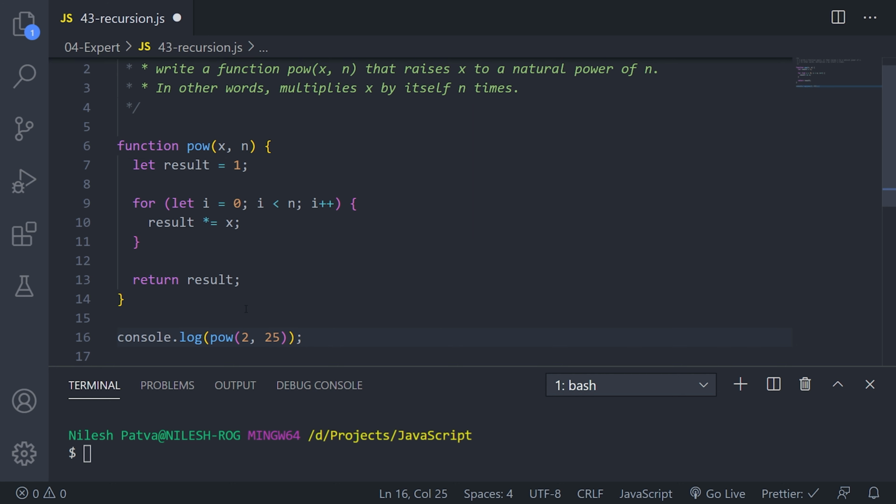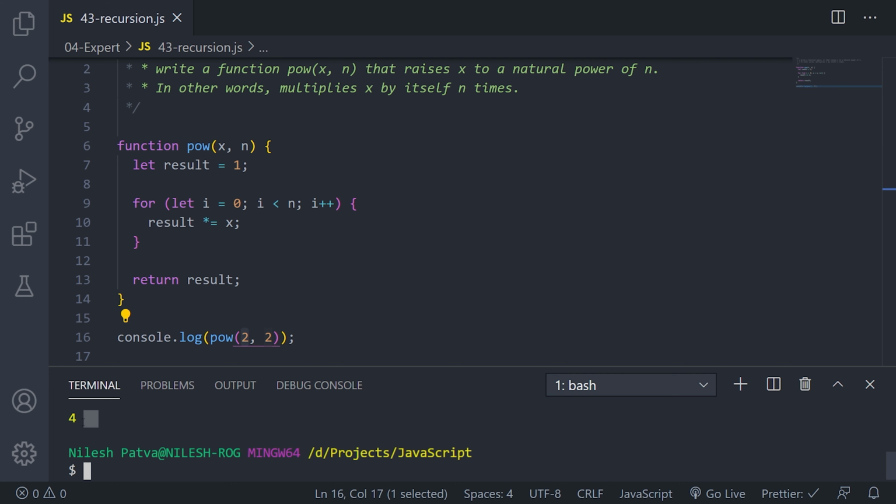If I run this, let's say I'll initially start with 2. So I am calling this power function with 2 to the power 2. If I run this, as we know, 2 to the power 2 means 2 squared, that's the value of 4. If I write 3 here and run this again, it will give me 8, correct?